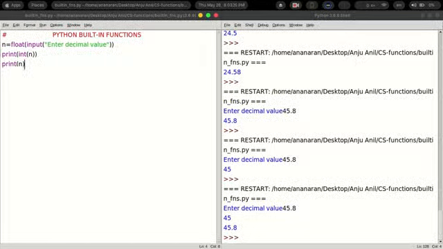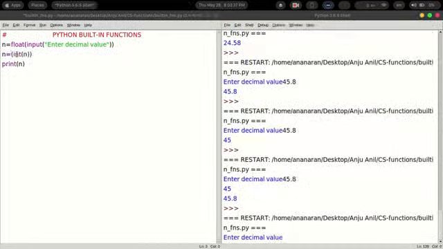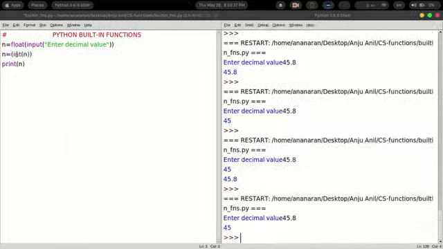Now again, if I change my program in such a way that I write n equal to int of the input, and then I execute my program and give 45.8 itself as input, I get the answer as 45.